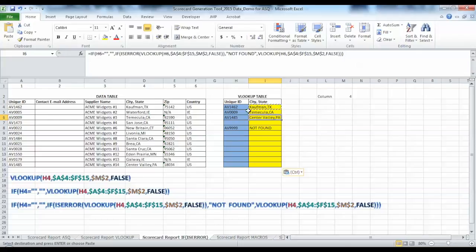So as you can see, it really cleans up the data and allows you to get into a format that doesn't have all these error codes, which might confuse the end user. Okay,